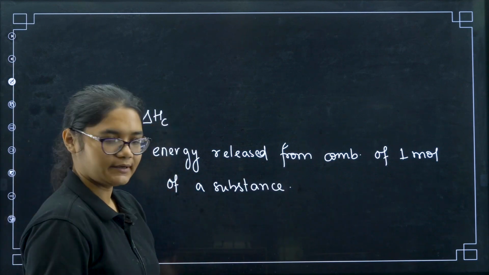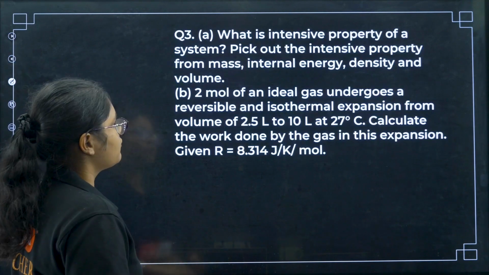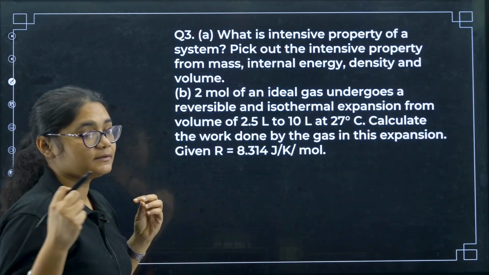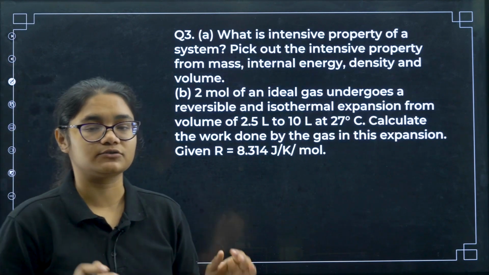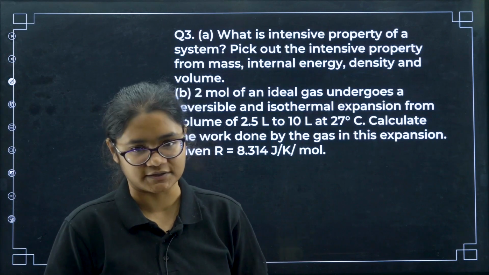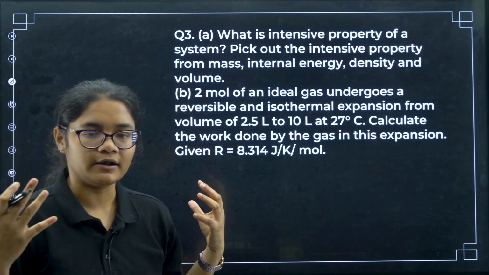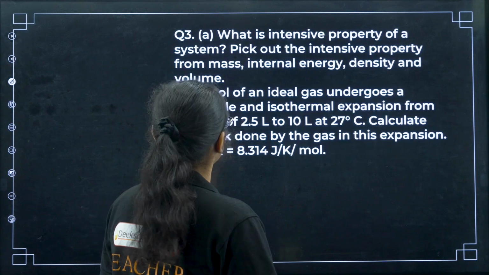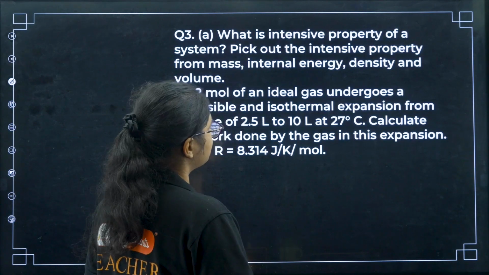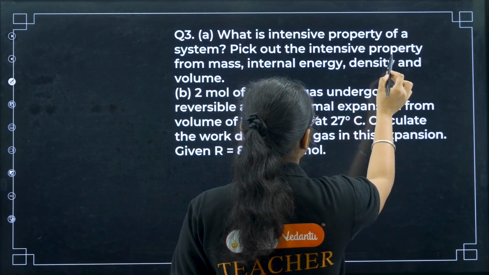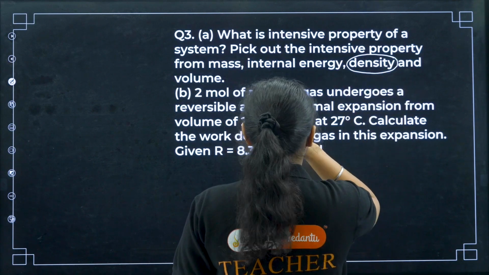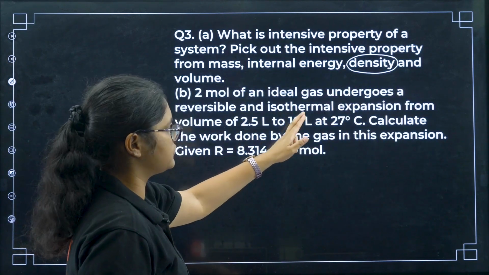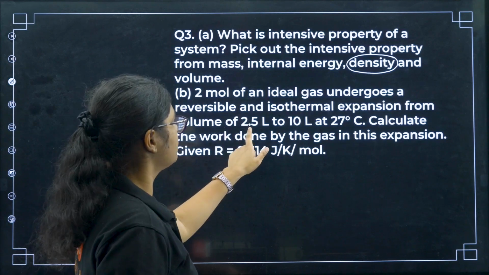Okay, done. Next we have: what is an intensive property of a system? Pick out the intensive property. Intensive properties are those properties which do not depend on the amount of substance; they are intrinsic properties. So here the intensive property is obviously density. Okay, then only density. Next, 2 moles of an ideal gas undergoes a reversible isothermal expansion from volume 2.5 liter